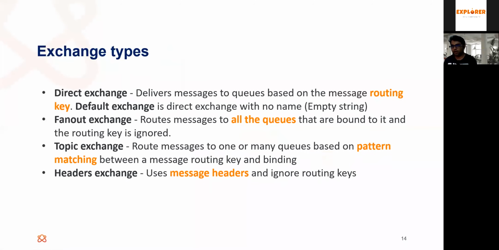So these are the exchange types that I have mentioned to you. The exchange is responsible for routing the messages, and the routing algorithm depends on the exchange type. There is one type called direct exchange. It routes the messages based on the provided key. And there is one default exchange that comes built in with RabbitMQ. It is of the direct exchange type, and it uses an empty string as its name.